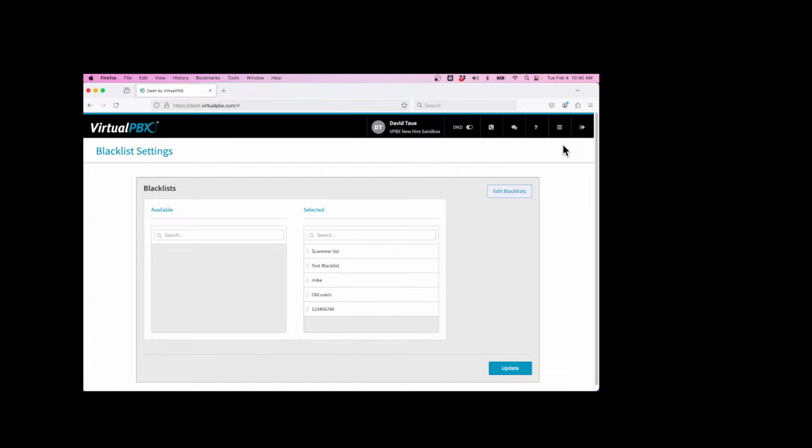User portal, every user has access to their own user portal where it starts off on their voicemail and they can change the status themselves. They can play it back or they can download it. Call history would show their call history. The fax tab would only be useful for people who have their own fax box, but they can see